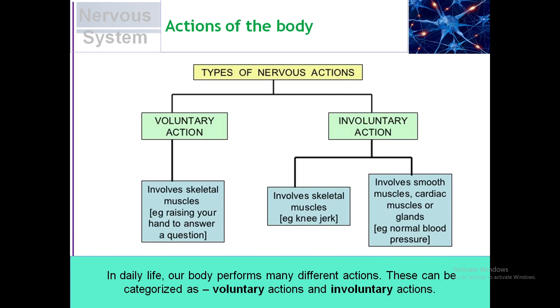The action of the body. We have two types of actions in the body. One which is controlled by the brain, called voluntary actions, and the other in which the brain is not involved, like thinking is not involved in those actions. Involuntary actions are those in which you are not able to think about those stimuli. If you think about those stimuli, there is harm to your body, or they are harmful to your body if you delay time. Voluntary actions involve the skeletal muscles, for example